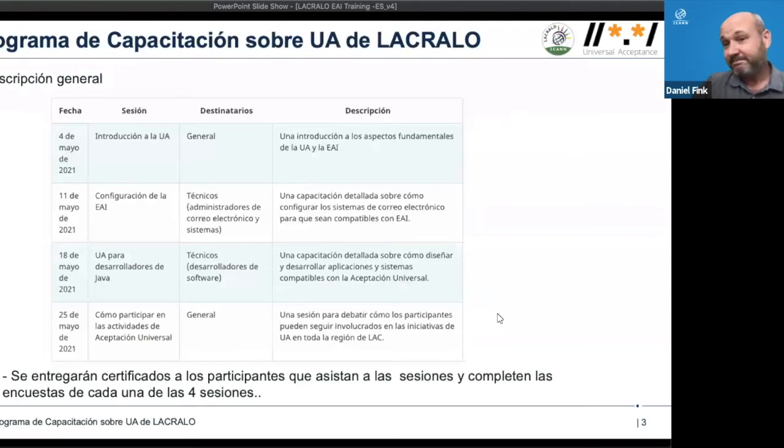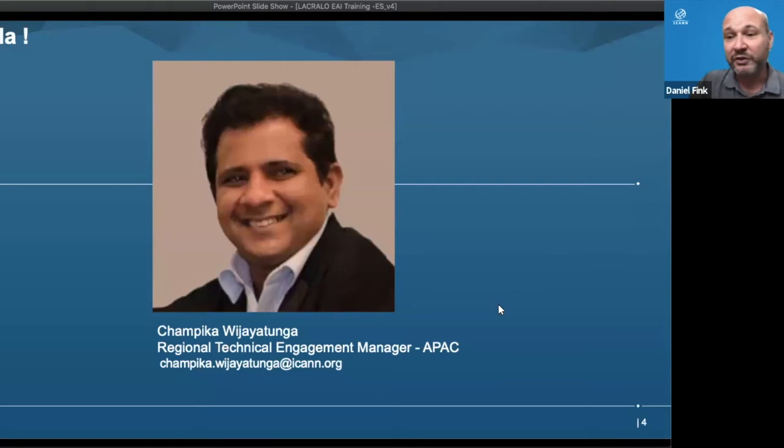This is our agenda. Today we are going to talk about email address internationalization configuration. Next week we will talk about Java. I think that this is an interesting topic to you all. And then we will talk about how to engage in universal acceptance activities, and we will have a few surprises for you. So now I would like to invite Sylvia Harlen-Leite